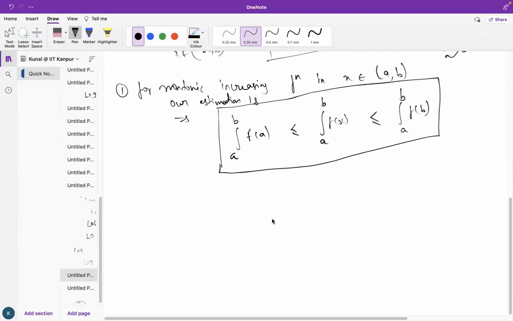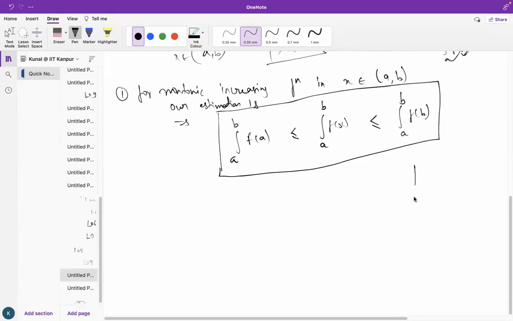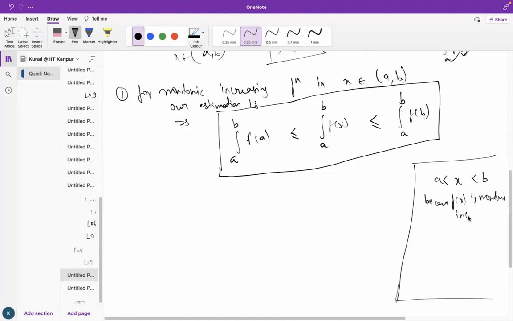Let me take it on the side. Here, on the side, I explain to you how it happened. Look, our x varies from A to B, right? And because our f(x) is an increasing function, a monotonic increasing function,